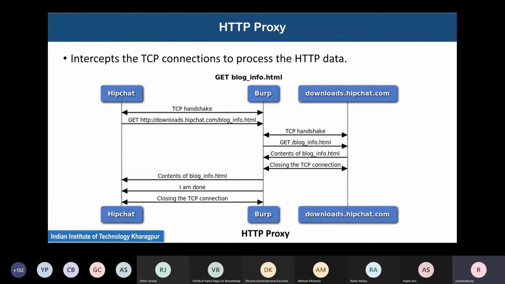In between, there is a proxy server, which is another computer sitting between these two parties. So basically, it first performs a TCP handshake with this proxy server and then requests the page. By the way, whenever you have these bidirectional arrows, this means that this is a two-way handshake. Although it is shown using one arrow, actually multiple transactions will go through this.